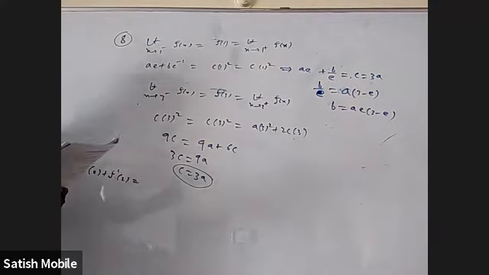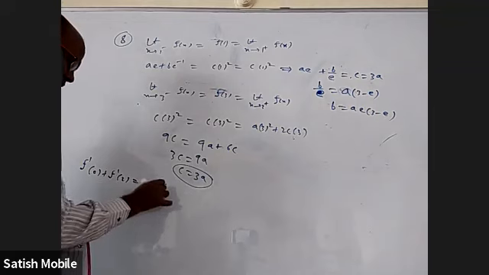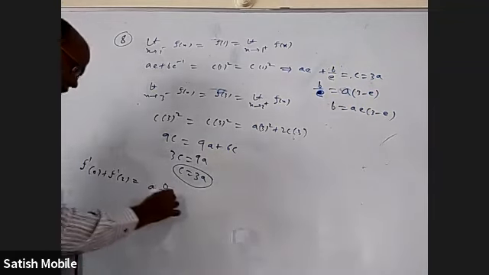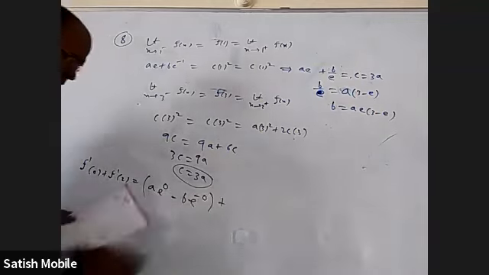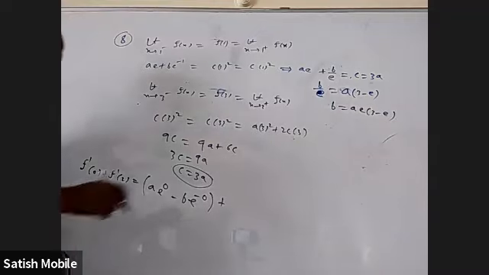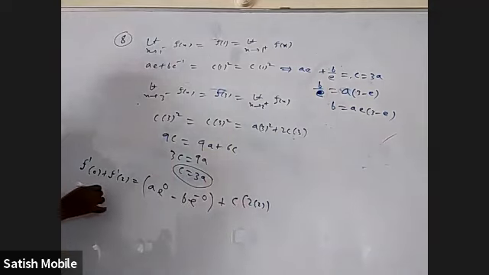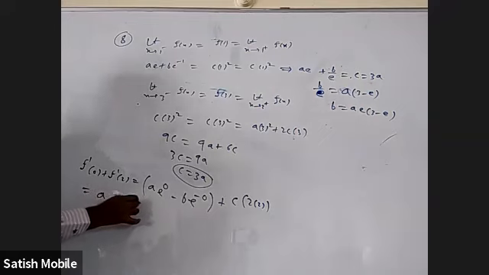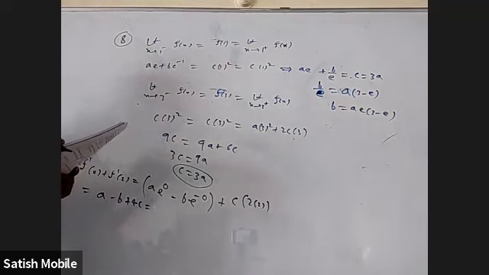Both the derivative at 0 and the derivative at 2 can be directly found. You don't have to use first principle because before 0 and after 0 there is no change of definition. So using the first definition, the derivative of a e power x is a e power x only. The derivative of b e power minus x is minus b e power minus x, and x is 0. This is f dash 0. For f dash 2, I have to differentiate the second one, which is c x square, giving c into 2x, which is 2 into 2. So I got a minus b plus 4c. I want to write everything in terms of a and then equate it to what they said, equal to e.